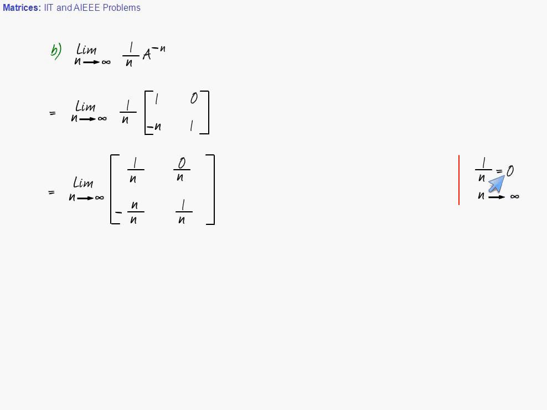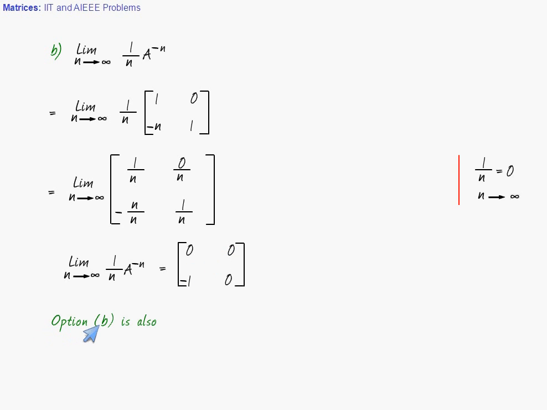So on putting the values, 1 by n becomes 0, 0 by n is of course 0, this becomes minus 1, and again the 1 by n form is also 0. So my option B